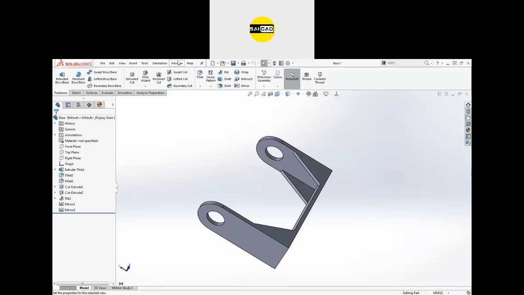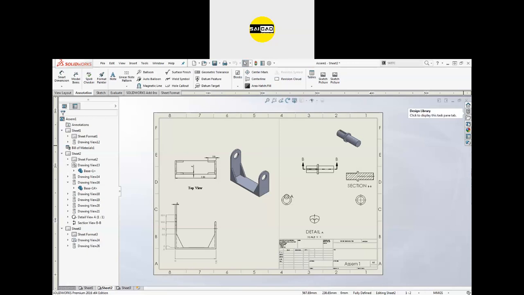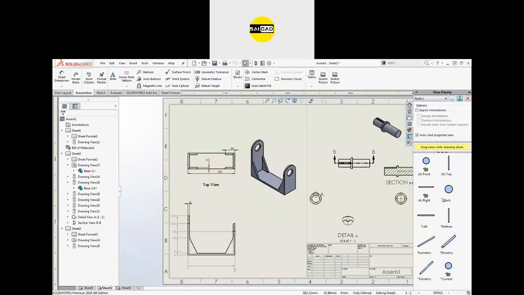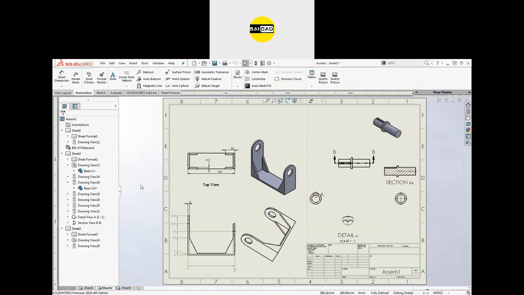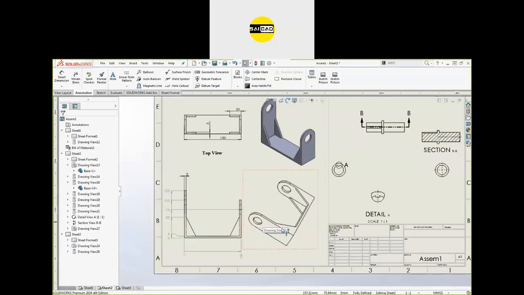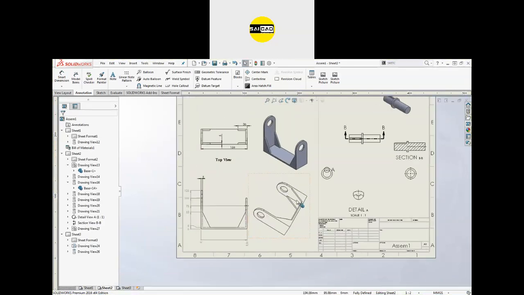So if you go to the file here and you want to insert your view, go to here and you will see the view there. If you don't see it, just refresh. Currently you can see we have a different part here. So select the base part and you will see there is a 3D. Extract that view and you can insert it. So there is no option here to rotate the object like I used previously, but you can save a view inside the 3D model and import that.